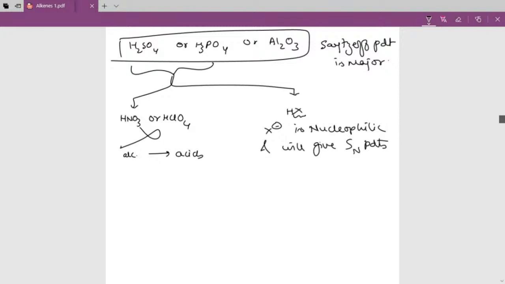Just to exemplify my point, I would like to add here that for 3 degree alcohols, if I want to do dehydration using this whole method that we were just discussing,